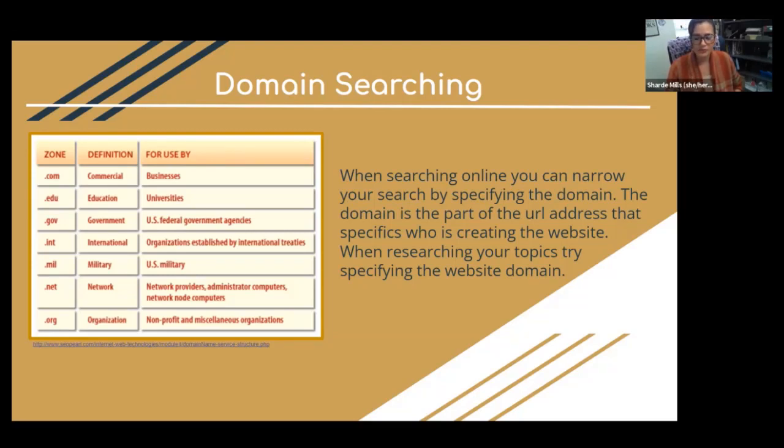I know there's been quite a few assignments recently about homelessness, and if you want to research that from a local capacity, local nonprofit organizations are where that information is going to live. So narrowing down your search to that type of website is really helpful.